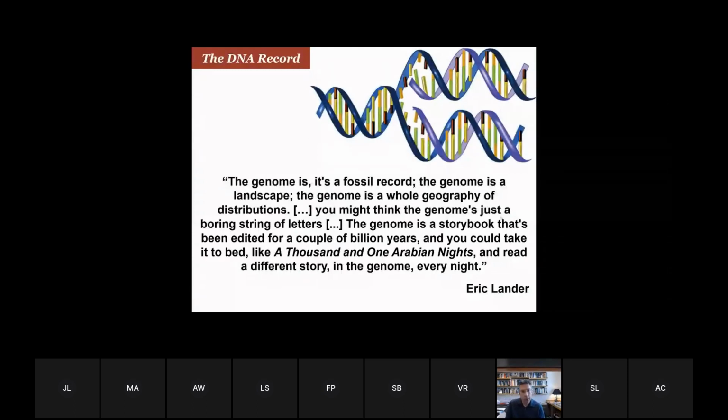And so this is a wonderful quote that I think is knowledge to you already, that the genome has lots of types of information. In some ways you can view it as a fossil record, you can view it as an indicator of geography, you can use it as an indicator of diversity, and so on. And it's evolved over the last few billion years, and so you can mine it for